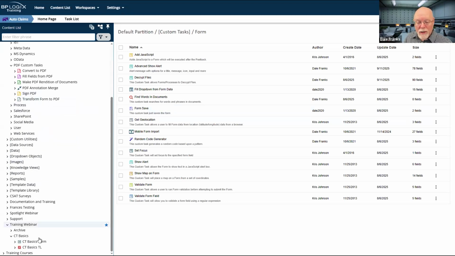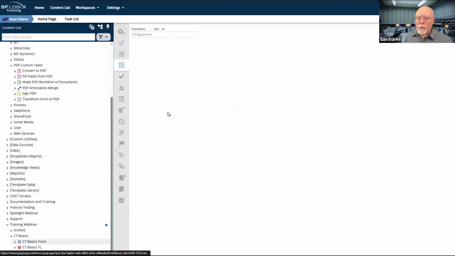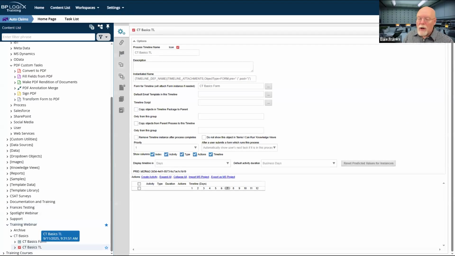So then the question becomes, okay, when do I run a custom task? Should I run it from the form and configure it on the custom task event mapping tab, or should I run it inside a process?